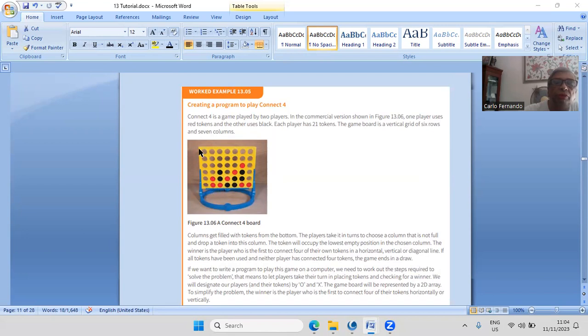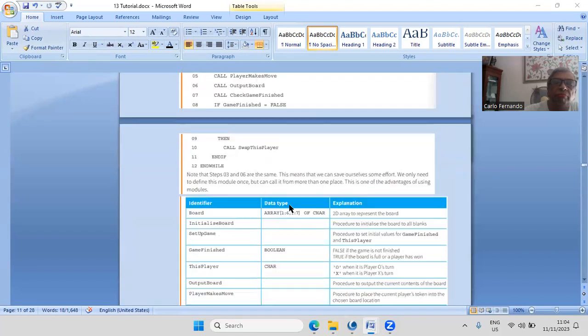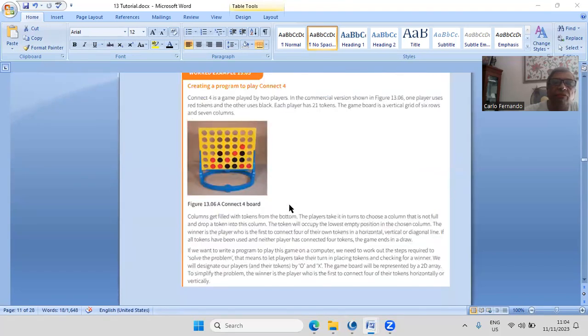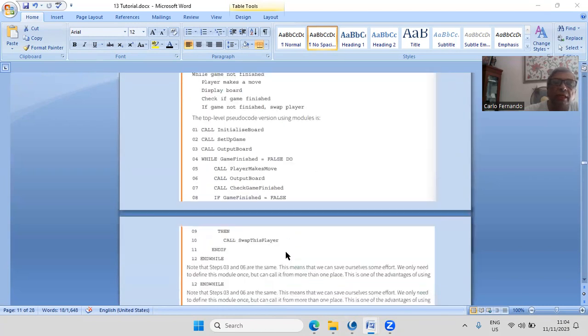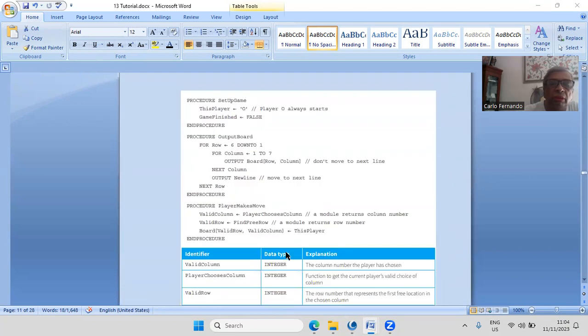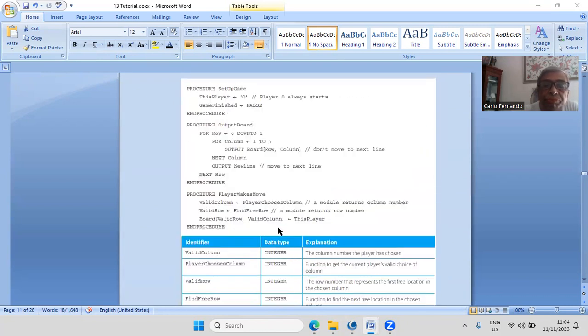So down means now if this is the array, which row? 1, 2, 3, 4, 5, 6. Row 6. Unlike the normal array that starts from here, these tokens cannot be suspended here and there. It will drop down, go to the last. So starting from the last, coming down. So that is why it is